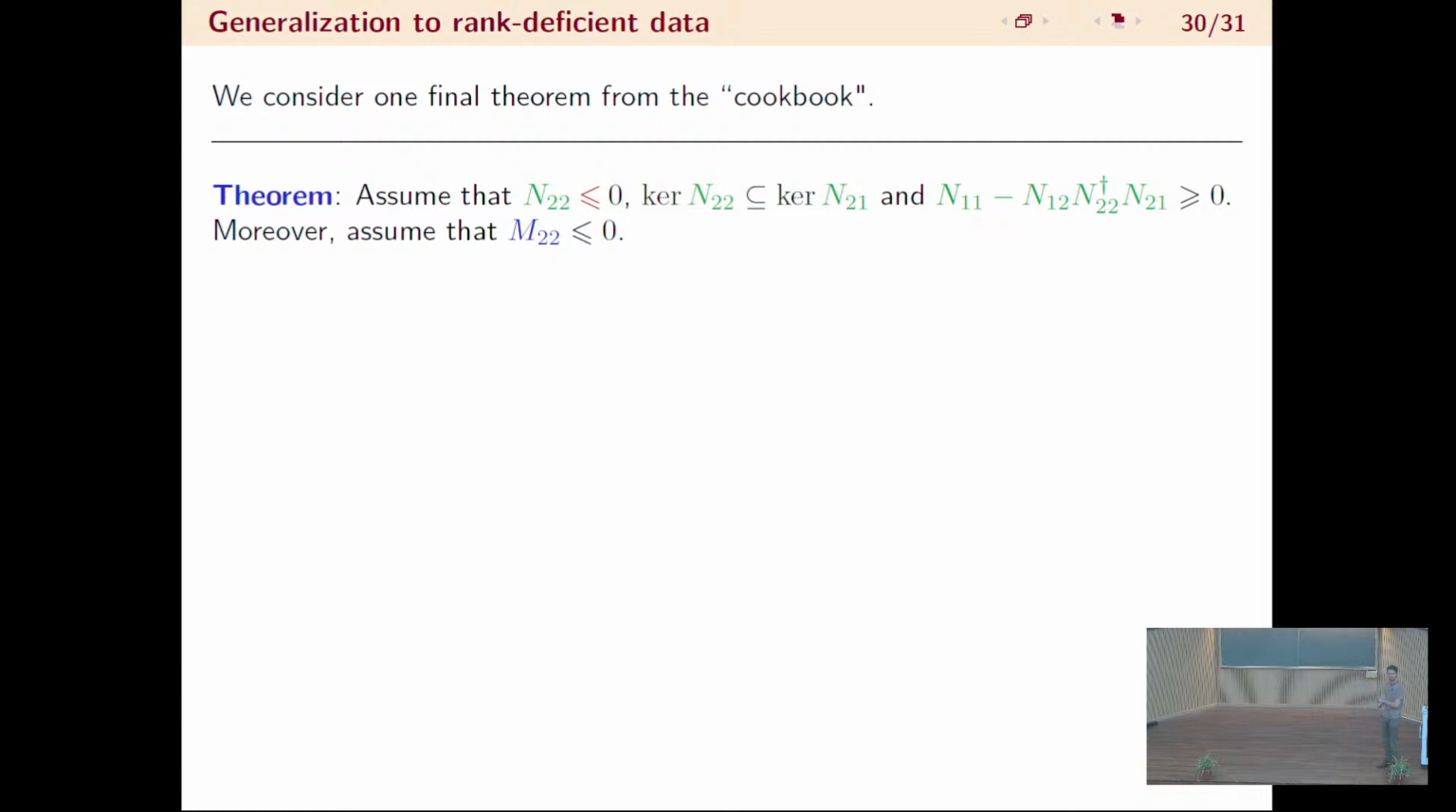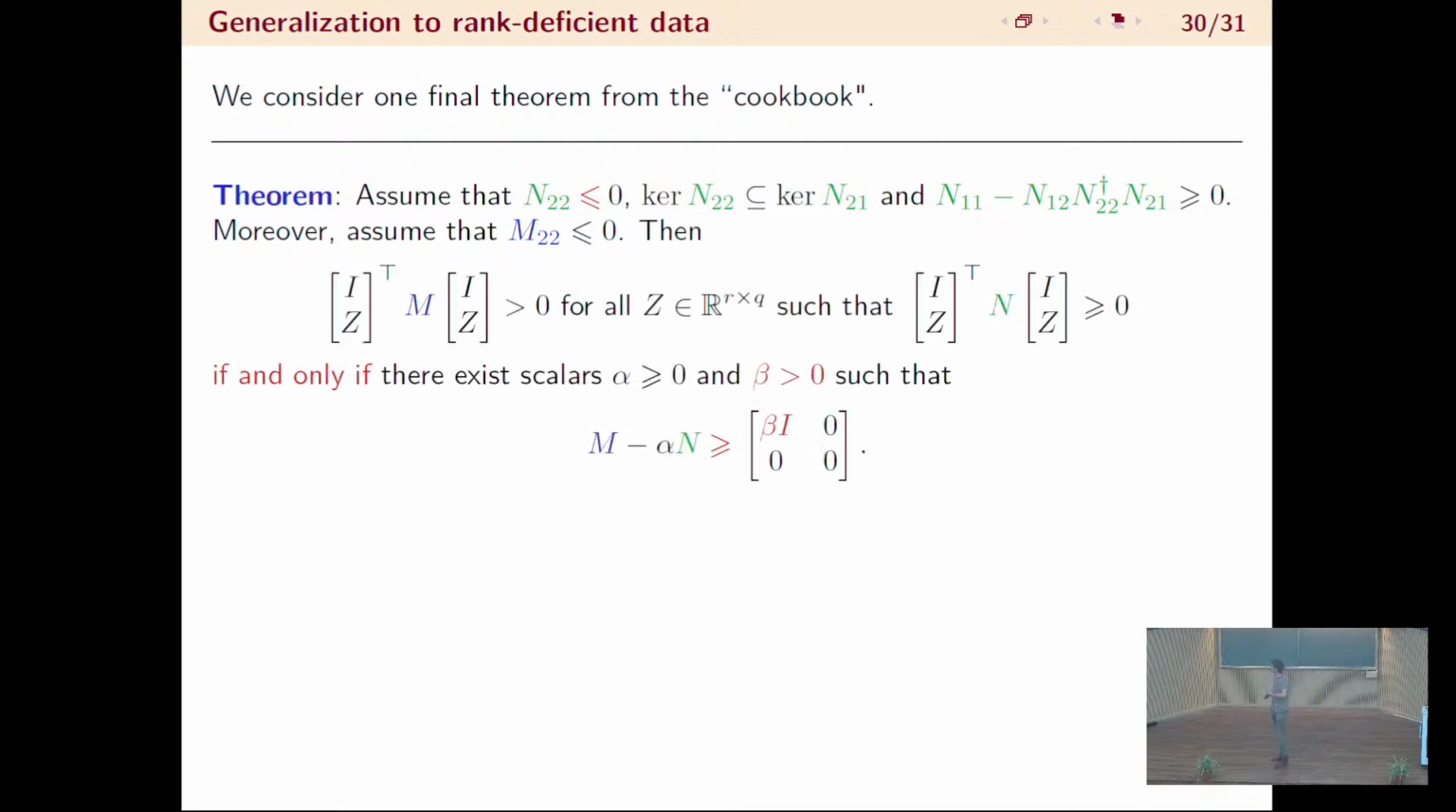Great. And then, apart from that, I now also need to assume that M22 is negative semi-definite. Let's assume that we have these conditions. Then the following holds. One quadratic matrix inequality, in terms of the matrix M, holds for all real matrices Z satisfying another quadratic matrix inequality using the matrix N. So this is the same statement as we had before in the matrix S-lemma, if and only if